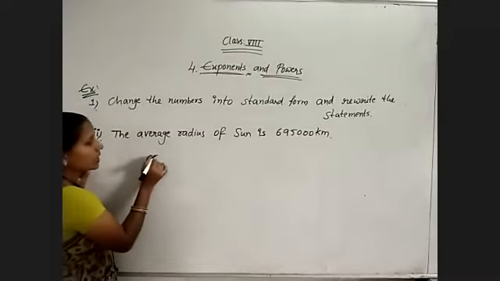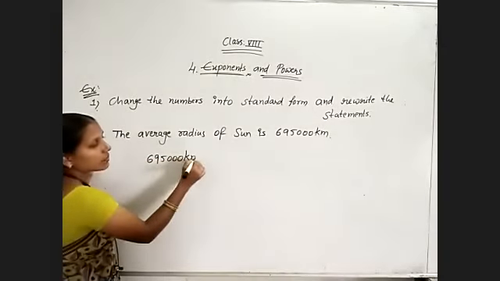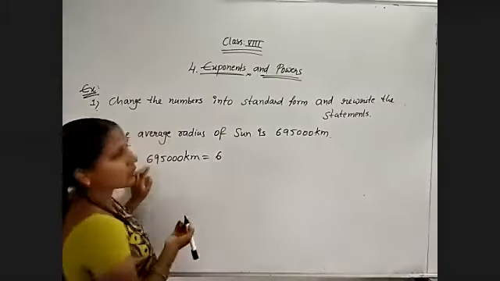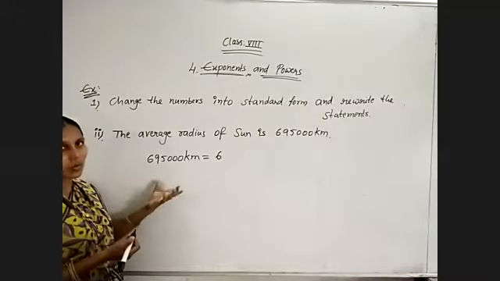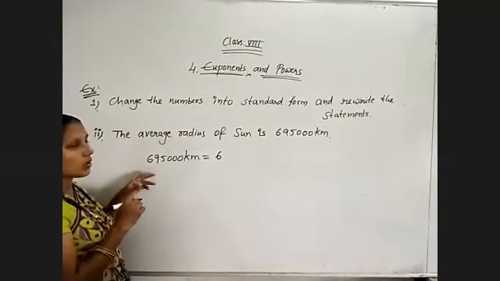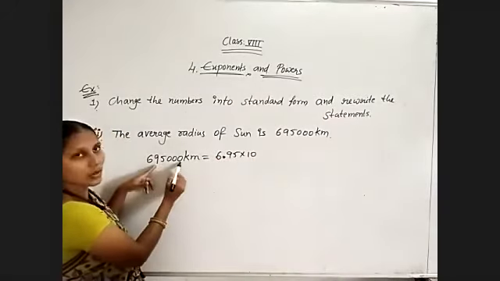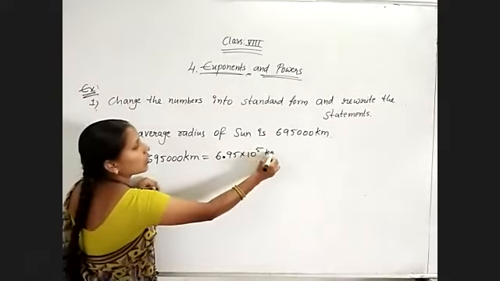So what I am doing, 6,95,000 kilometers, I am changing to meters first of all. Otherwise, if you want to write in kilometers, write. That is no problem. In kilometers and meters, both we will see. What I told: after the first digit, keep the decimal point. How many non-zero digits are there? That is 95, into 10 to the power of 3 zeros. 1, 2, 3, 4, 5 digits. So 10 to the power of 5 kilometers.